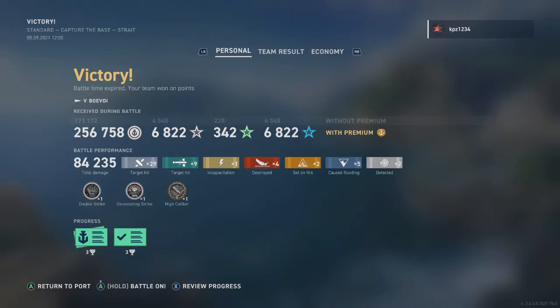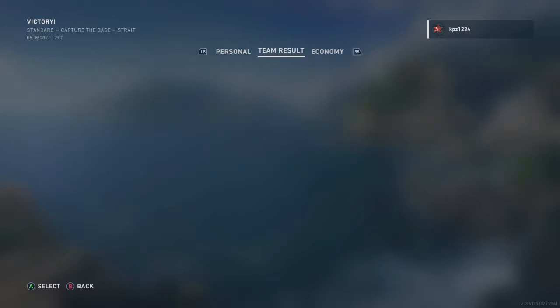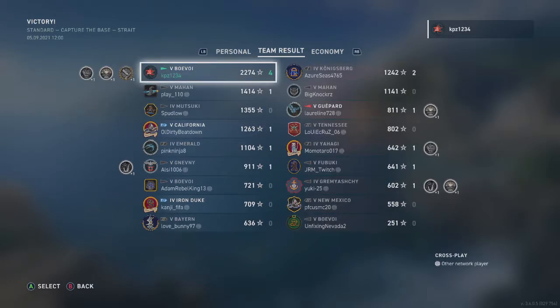And I believe we're going to go to the team result, because those green things down the bottom are just me getting the 600,000 damage of the weekly apps. There we are at the top of the board, 2274 base XP with those 4 big kills. Easily the best ship on our team. Iron Duke,